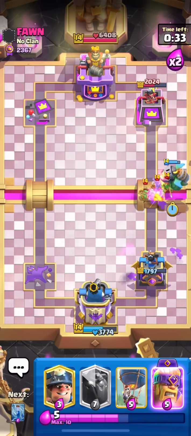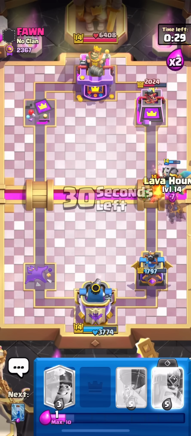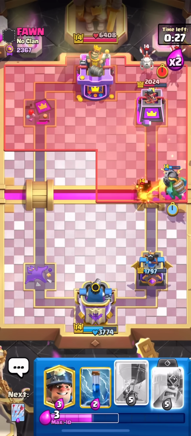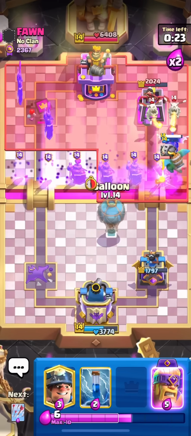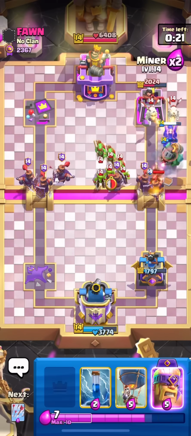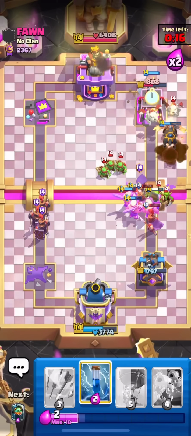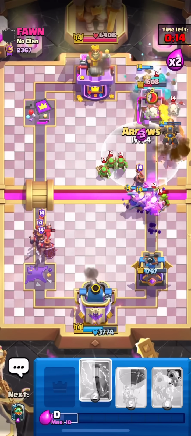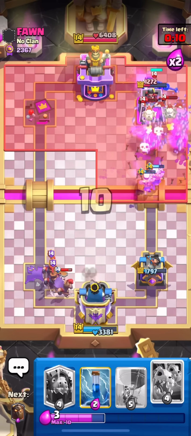Excuse me. Inferno Dragon's just coming in. The thing with the Inferno Dragon there is not only am I trying to kill the goblins, I am preventing him from going Skelly King or Mortar because it's just going to feed the Eye Drag. So we're going to wait on the balloon. We're going to go Miner just for some chip damage. Barbs are going to take out, I believe, the recruits and the Spear Goblins, but I'm just arrowing because it's a good arrows value. He has arrows as well, so...